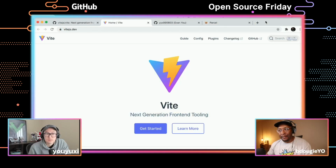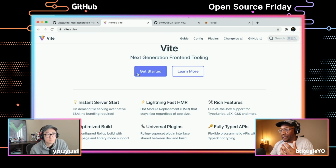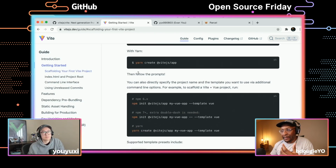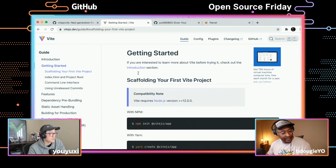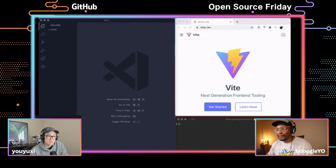Yeah. So speaking of fast, I know we prepared to share some screens as well. I don't know if we want to jump in and give a high level of what to do with Vite and how to get installed or involved with the project. Sure, yeah. So I'm just going to start sharing my screen right now. All right. Yeah, so this is my screen, and